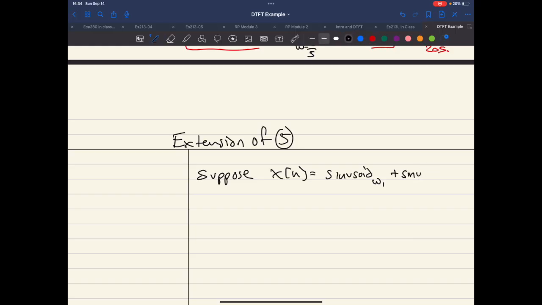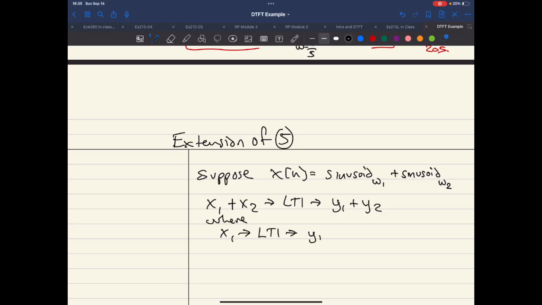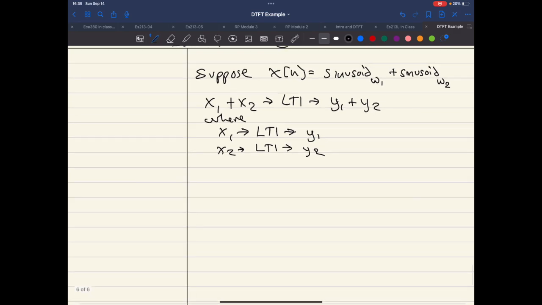Oh man, if I could just not make the same writing mistake multiple times, that'd be great. At ω2, then we could actually split this up. We could split the effect. For LTI systems, we can always split the input, right? x1 plus x2 into the system gives y1 plus y2 out of the system, where x1 in gives y1 out, x2 in gives y2 out. So we could cheat here. If I have the sum of two sinusoids at totally different frequencies, if I have a finite number of frequencies,